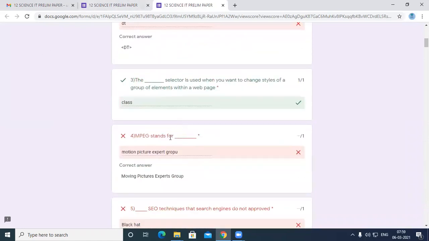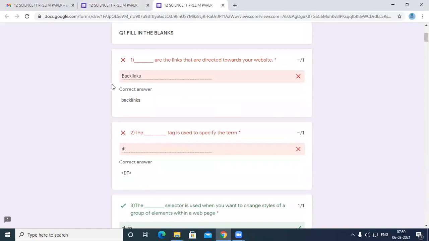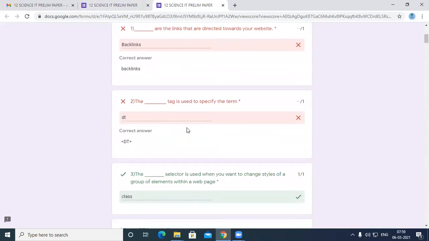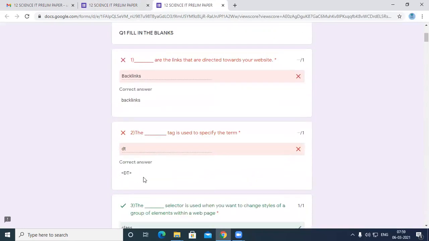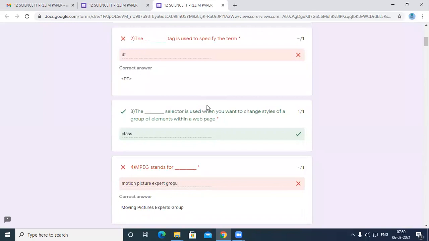I have made slight changes so that you can understand what they will be doing. Backlinks and all the answers are correct, so they will consider your marks because the external will be correcting your paper on fill in the blanks, programming, and question and answers. So hope you understood it.